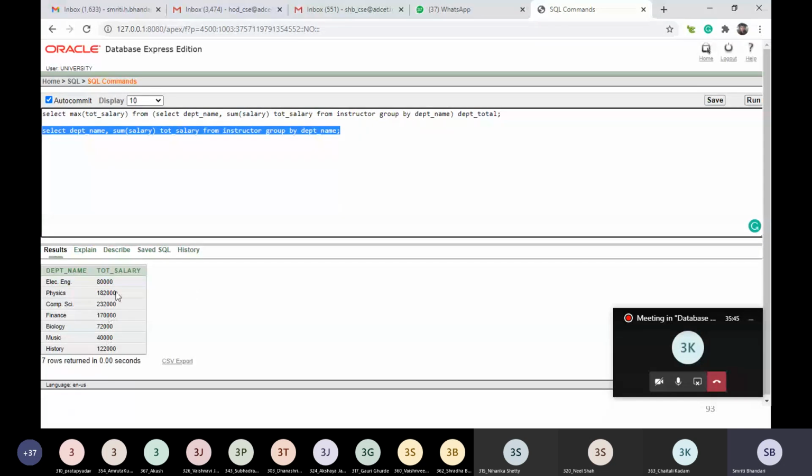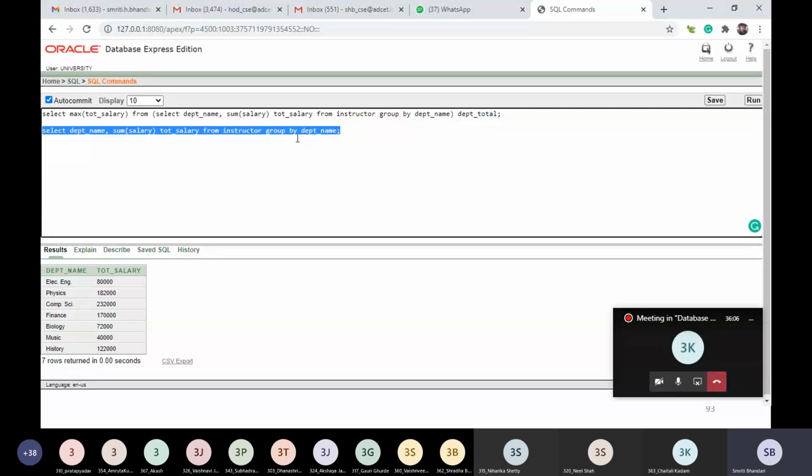What is this statement giving us? Department name and total salary, right? And the entire statement that we executed earlier was finding this maximum salary. So we know now this maximum salary.